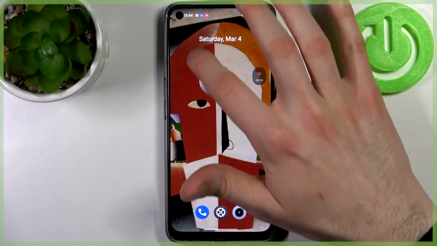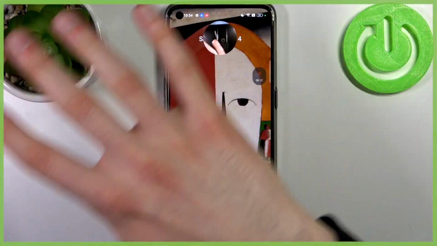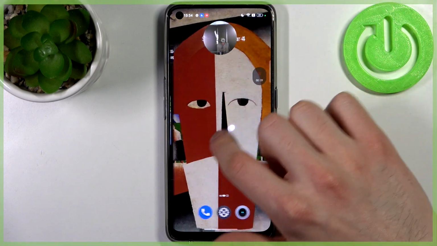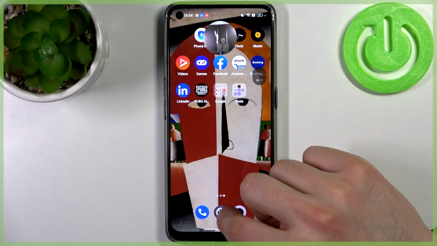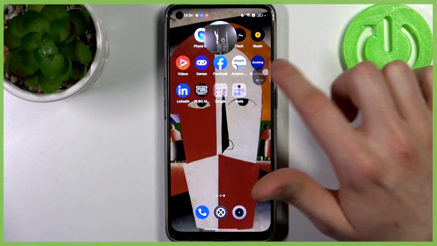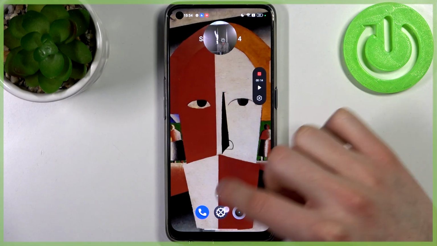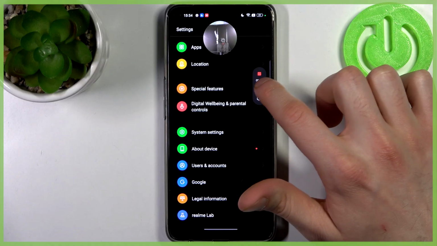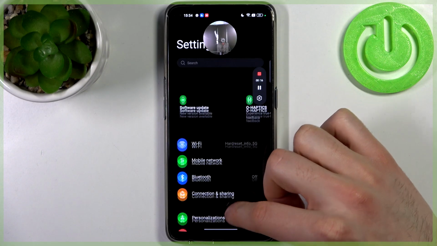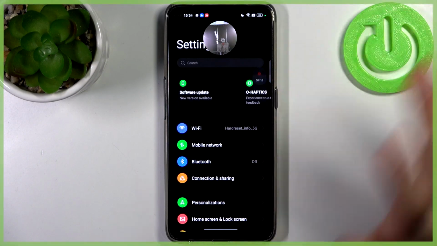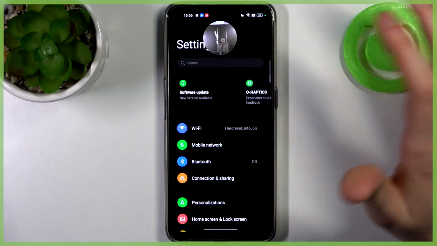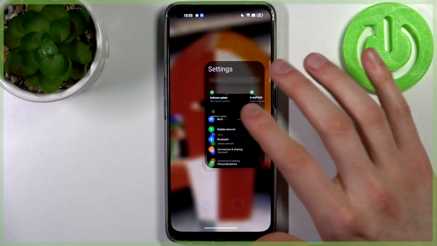So as you can see here, I have this front camera view. You can also see where I touch on the screen. So you can pause recording by tapping the pause button, then you can play it again and start recording. And to stop recording at all, tap on the red button once again, and after that recording will be